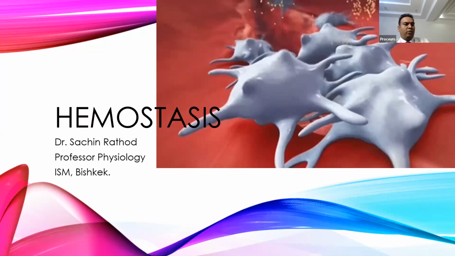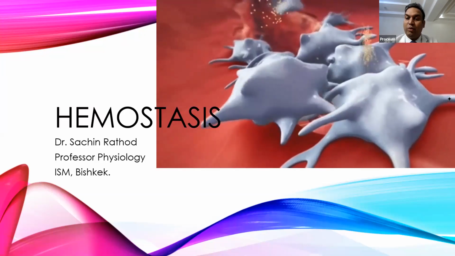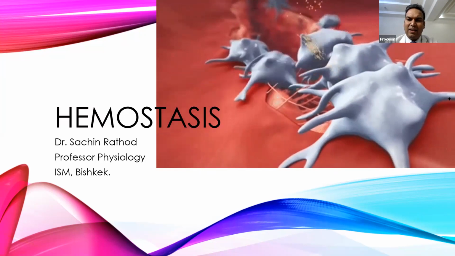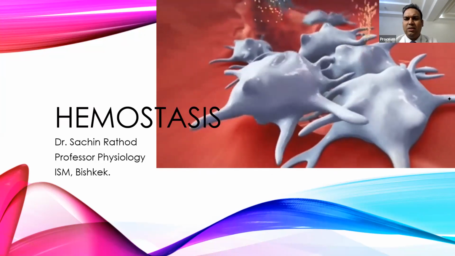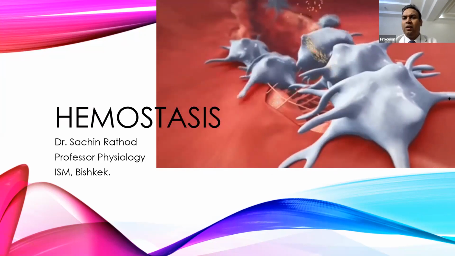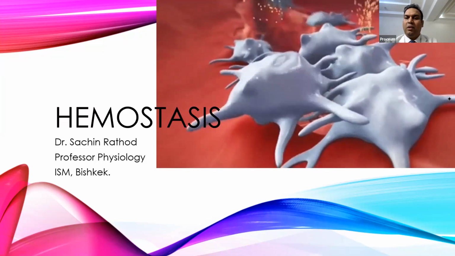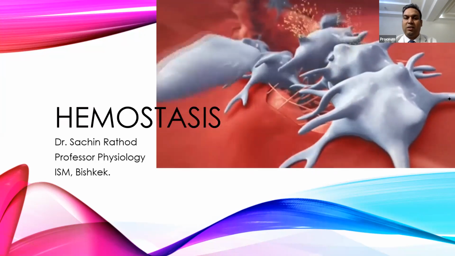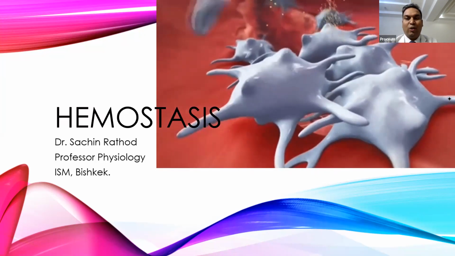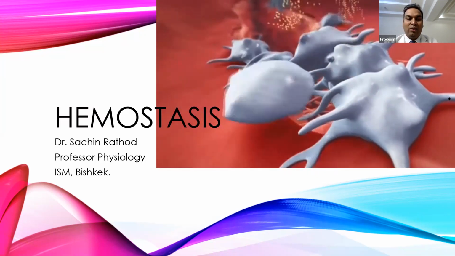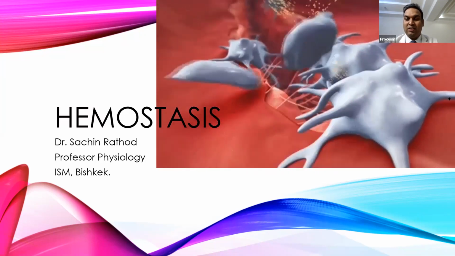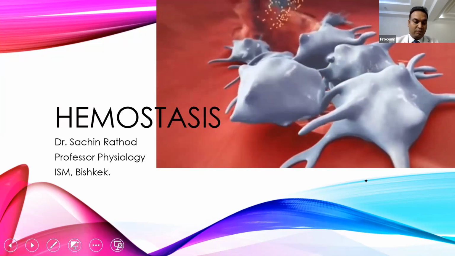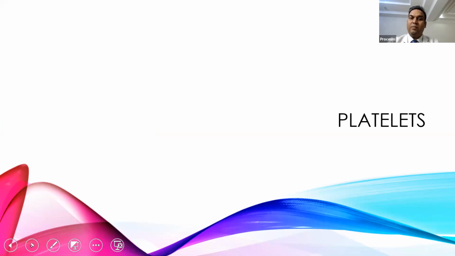So today we are going to talk about platelets. In the last class we talked about RBC, and the next class was WBC, and now we are going to talk about platelets. But platelet individually is a very small topic and we cannot talk about platelets separately. So we'll talk about platelets along with the coagulation system. The blood coagulation system together we'll call the hemostasis or hemostatic system. The first part of the hemostatic system is platelets.